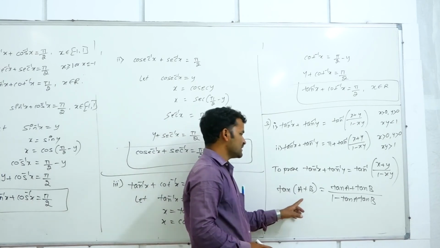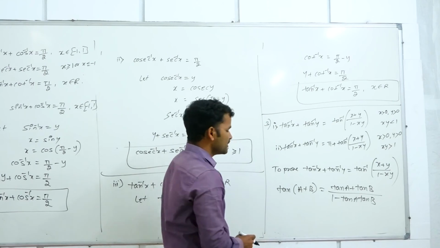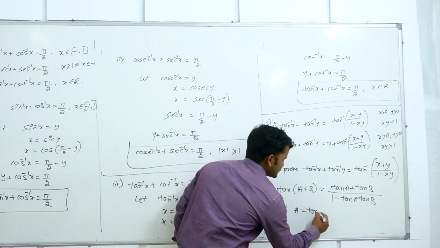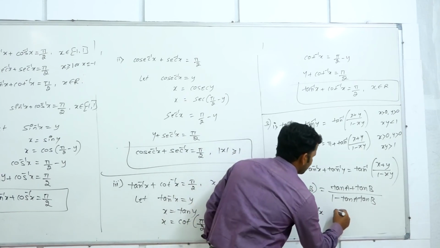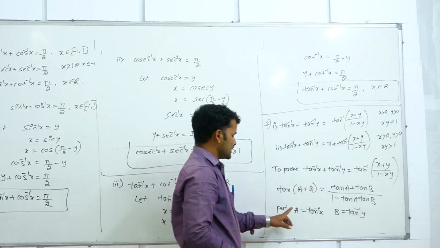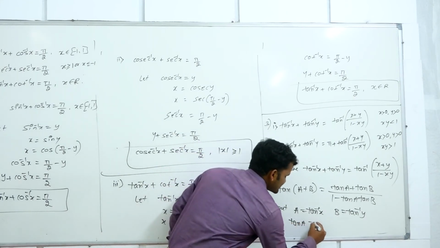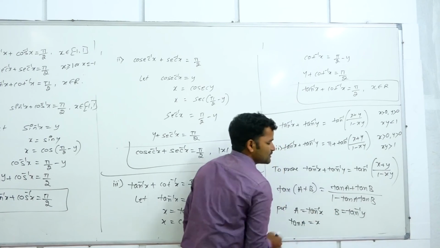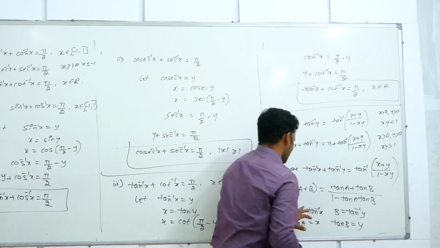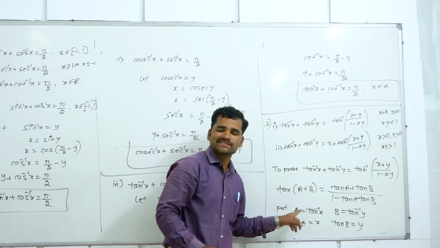Tan of a plus b. On the left hand side you see we have tan inverse of x plus tan inverse of y. So you substitute a is equal to tan inverse of x and b is equal to tan inverse of y. A is equal to tan inverse of x is nothing but tan a is equal to x, and b is equal to tan inverse of y is nothing but tan b is equal to y. Now we will substitute these values in the formula known to us.